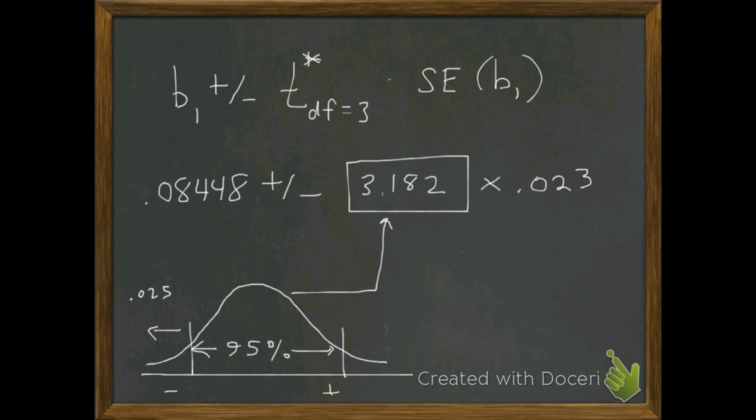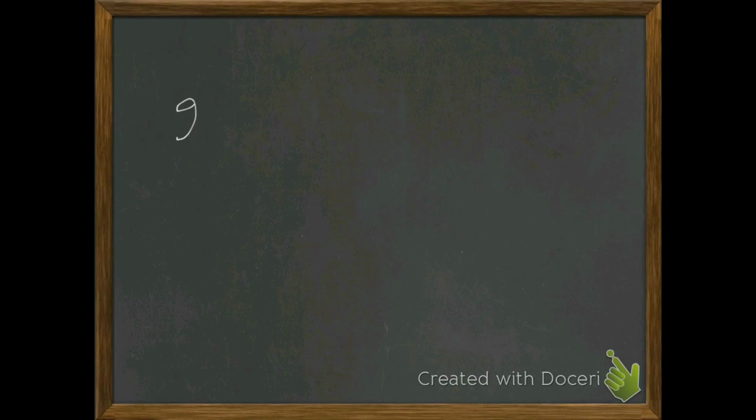I'm going to use the calculator here just to do the calculations. And the 95% confidence interval that I get goes from